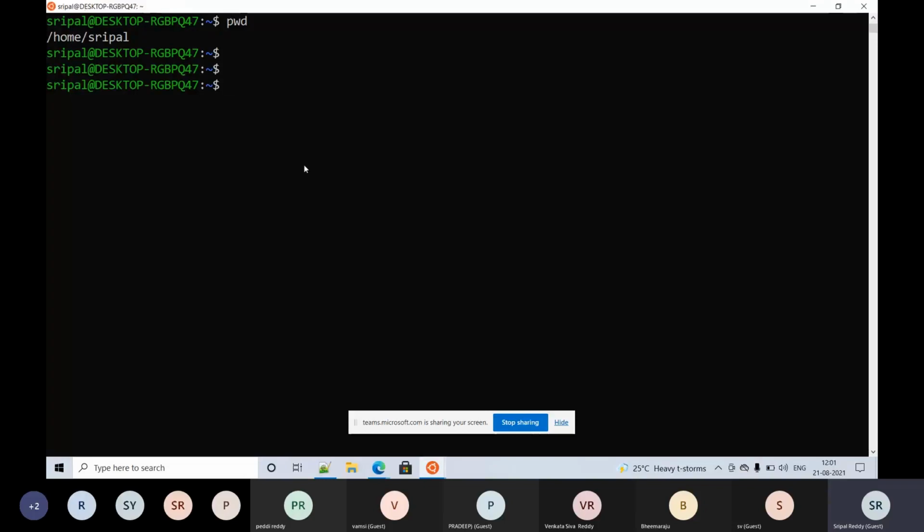We have some programmers called Dennis Ritchie and Ken Thompson. They wrote Unix. So how did they write it? They should have used some language there, right? They used the C language to write Unix.